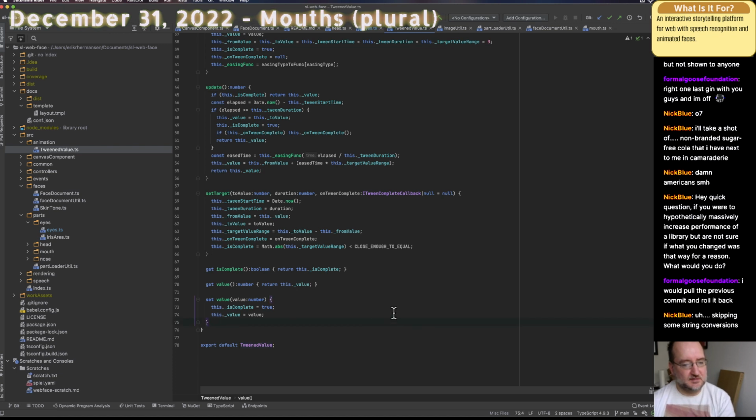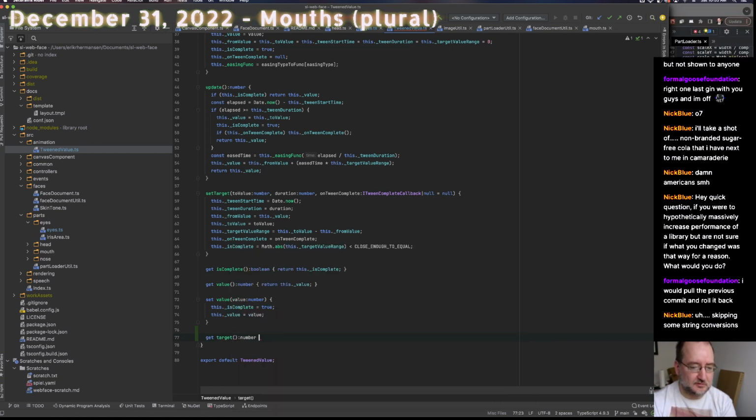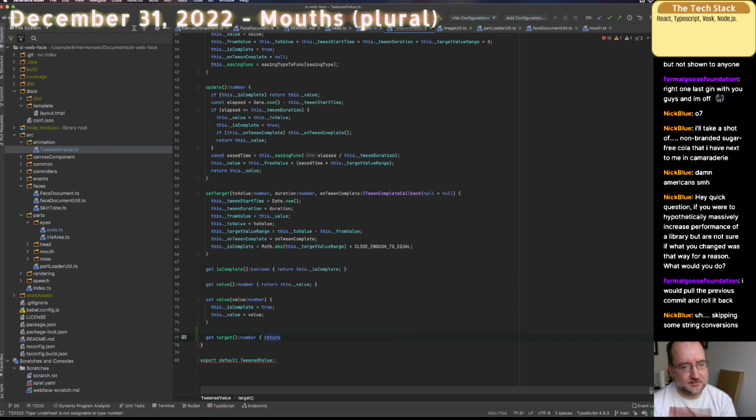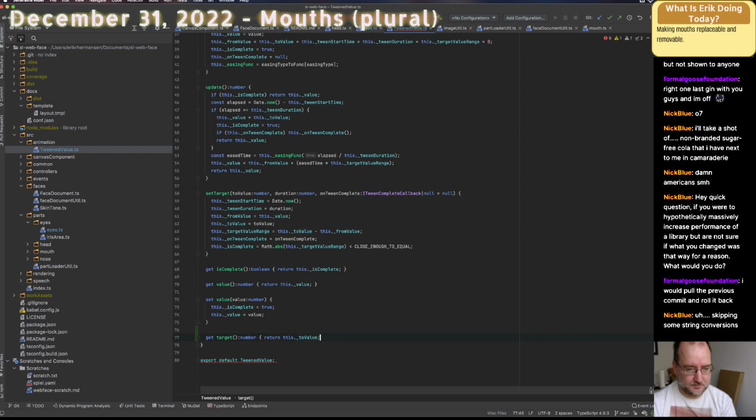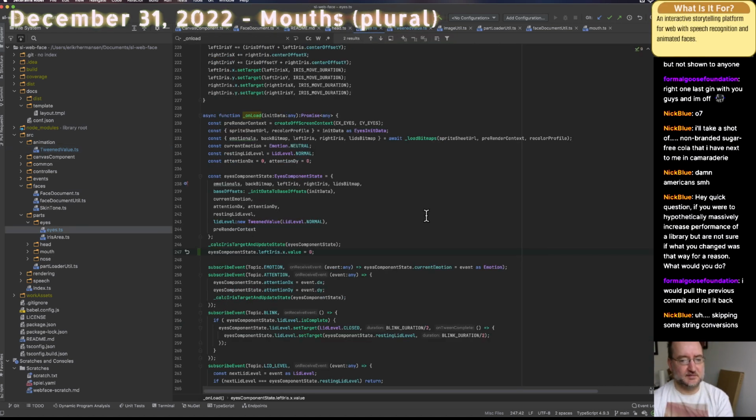I think I will also need to get the target, because otherwise I don't know. Let's see. Turn to value. Okay, so that, and then come back to eyes, value equals